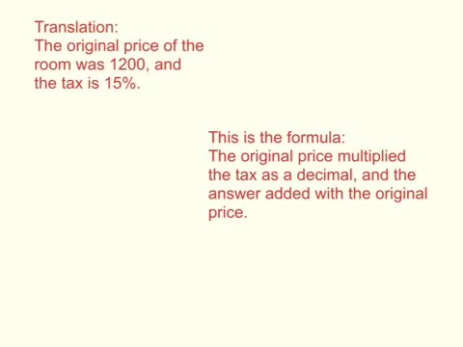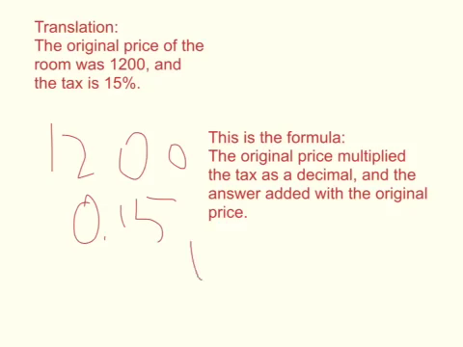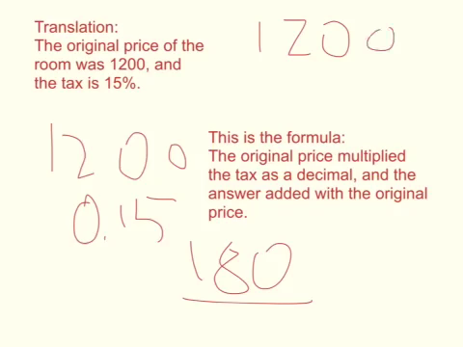This is the formula. The original price multiplied by the tax as a decimal, and the answer added with the original price. So the original price is $1,200. Multiplied by the tax as a decimal, so the tax is 15% converted to a decimal of 0.15, and so this answer is 180, and this is the tax. This is how much the tax is, and if we add 1,200 with 180, we get